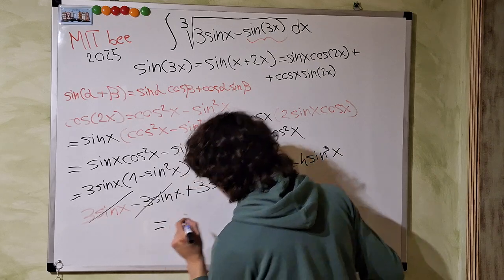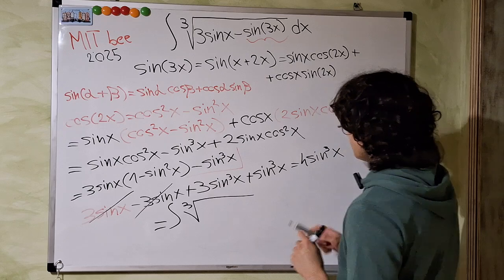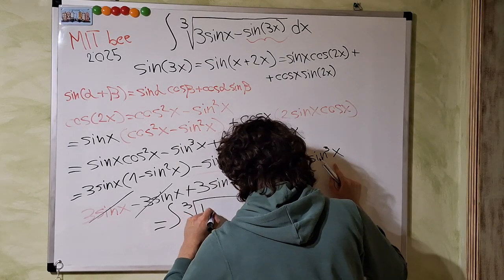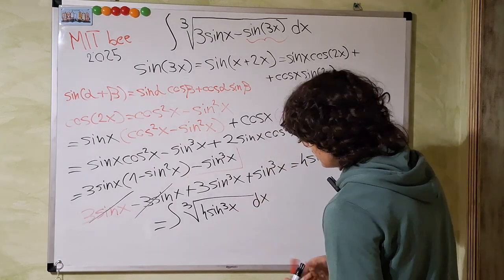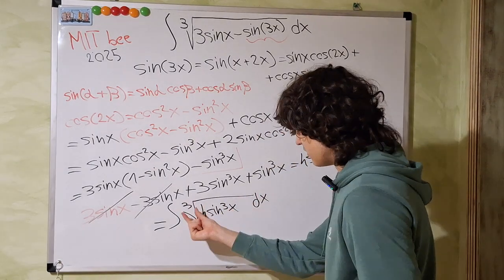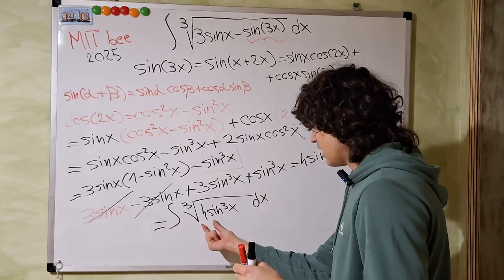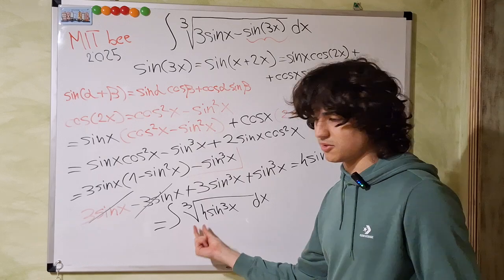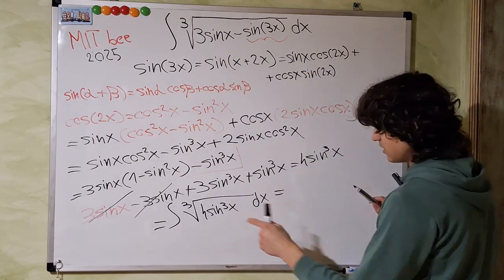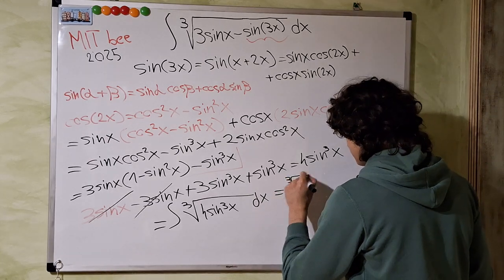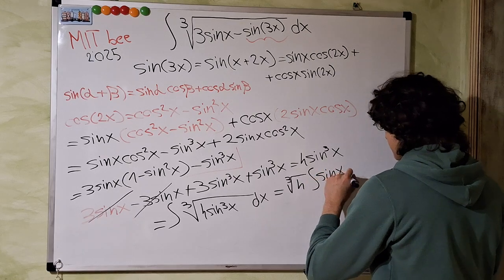So now I'm getting back to the integral. So we have the integral of the cube root of 4 times sine cubed of x dx. Now, sine cubed and the cube root cancel, and we remain with sine. And this is just a constant multiple, so we can bring it outside the integral sign, and I'm writing it here. So we have the cube root of 4, just a constant multiple, times the integral of sine of x